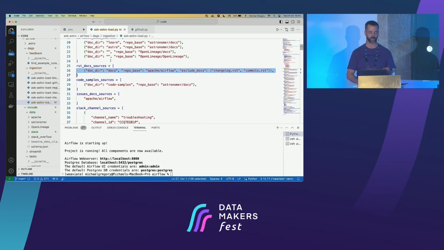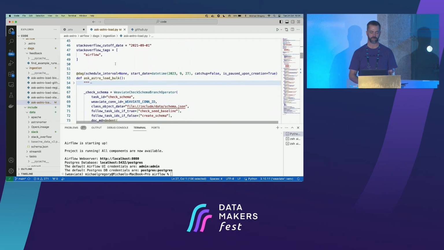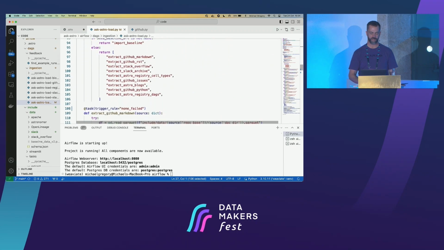I'm not going to go through every single source here, but just to give you an idea how you can quickly add your own sources in here, or if you have your own extract logic, like I said, pulling from S3 or something like that, that you can build there. The extract tasks,